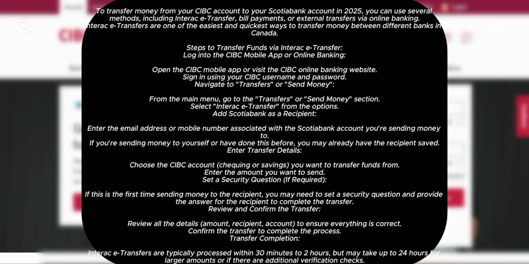Transfer completion. Interac e-transfers are typically processed within 30 minutes to 2 hours, but may take up to 24 hours for larger amounts or if there are